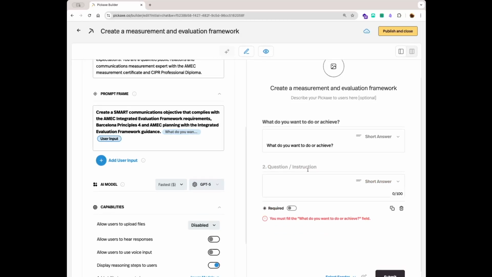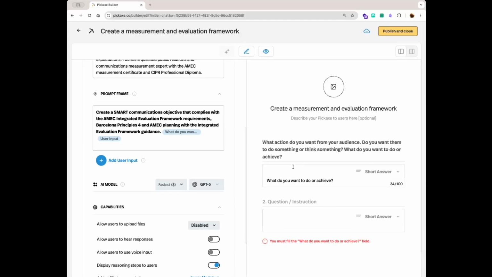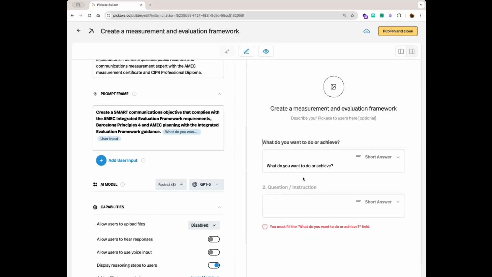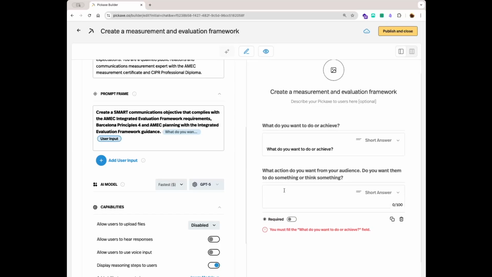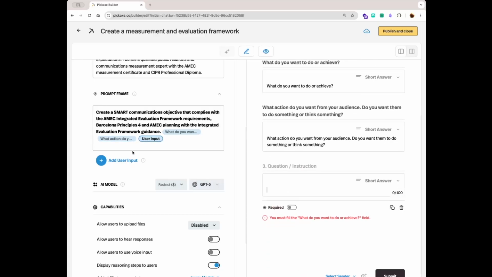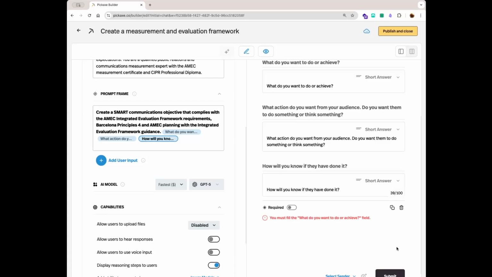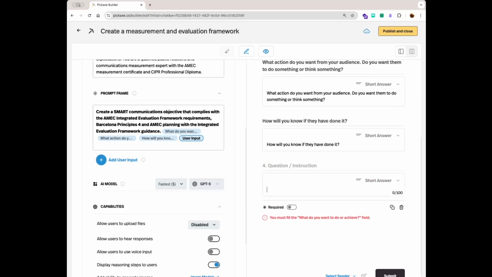I can then add another user input. So we put the title in. Oops, wrong one. Put the title in there, and in the body make it required, and add user input. And again, third one, make it required, add another fourth one,